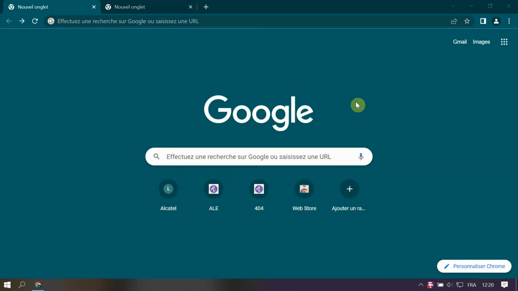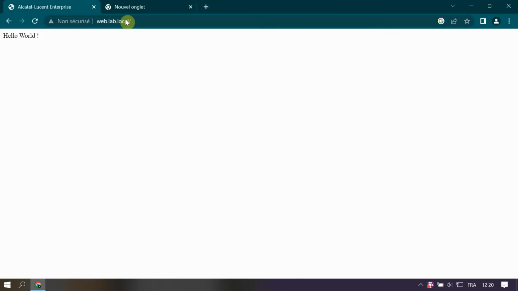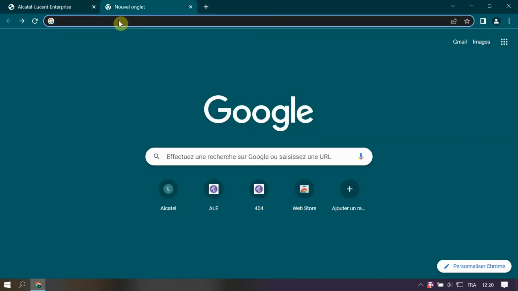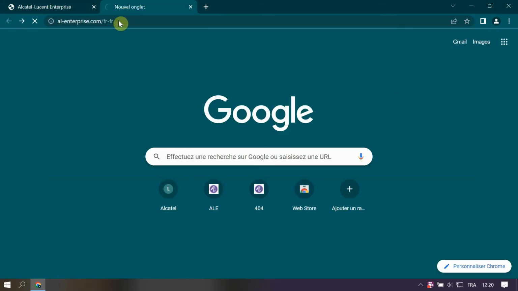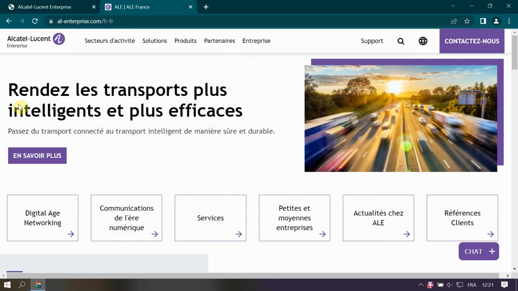So we will try again to reach internal resources and external websites. So everything works properly. We will finish this demo by connecting to the guest wireless network.